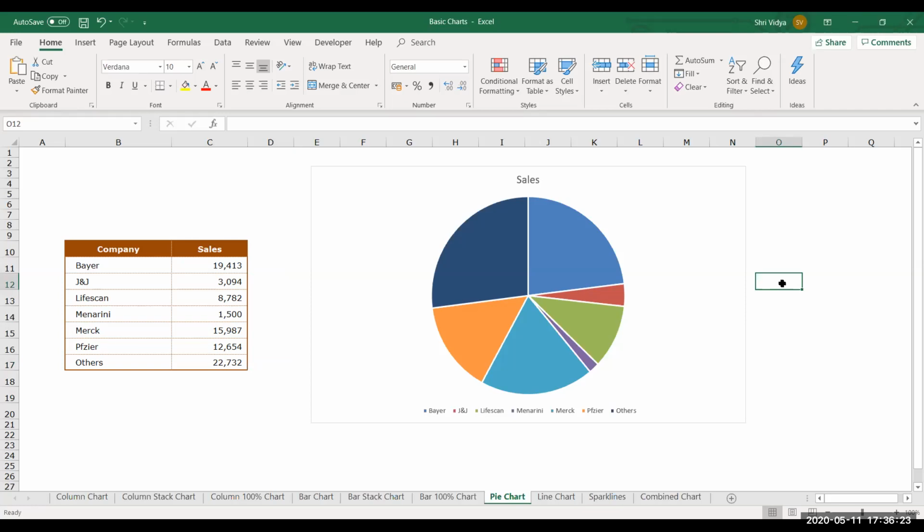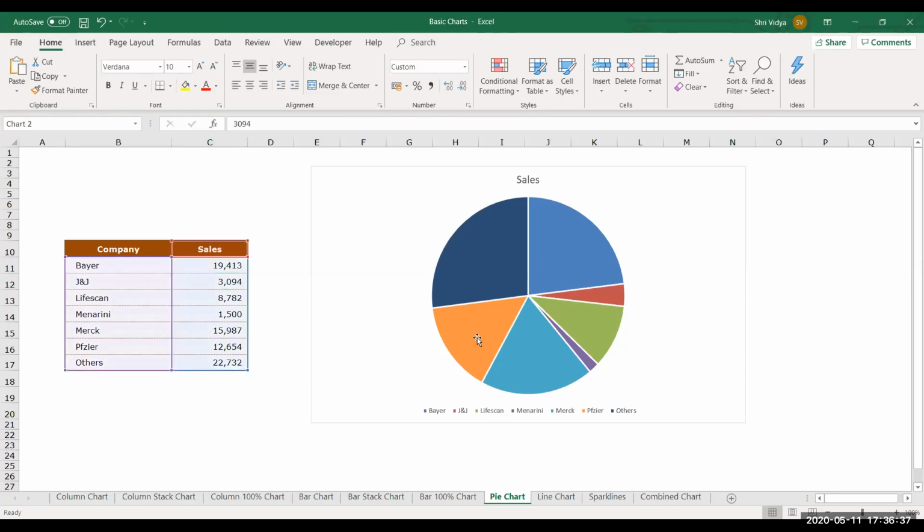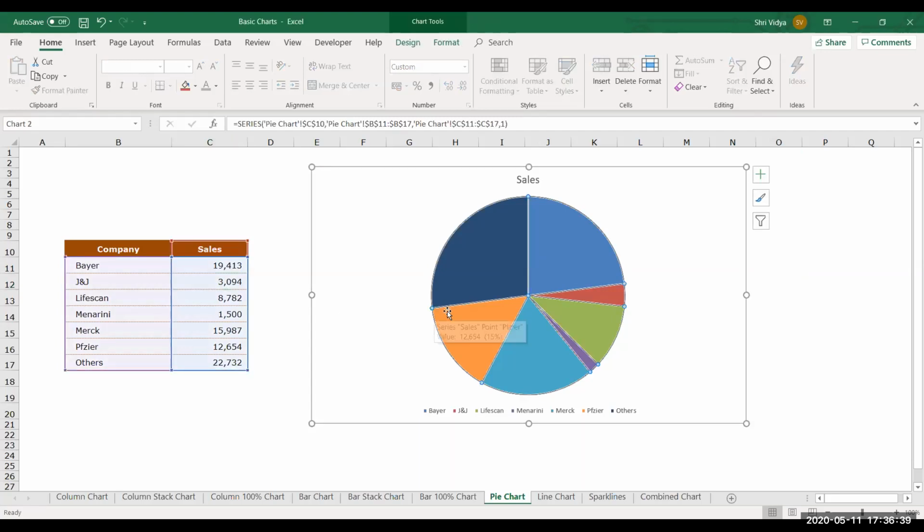Within the whole, you are looking at the share which goes for each category that we have, and these series will become the sectors that you have in a pie. So one sector, see, J and J, this becomes one sector over here. This triangular piece that you see is known as the sector.